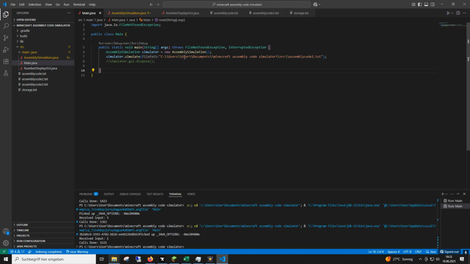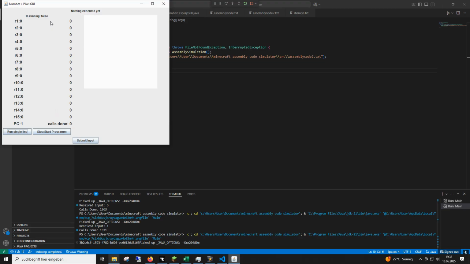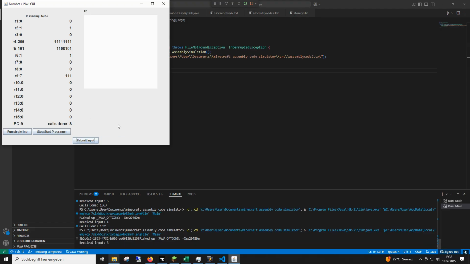Let's first of all talk about the functionalities of the GUI. As you can see, first of all, let's start a program. Now it's requesting an input. But after the input is requested, I want a program to halt, so I clicked on stop. Let's give a 3 as input, and now the program waits. There is one single line, which will execute the next line,